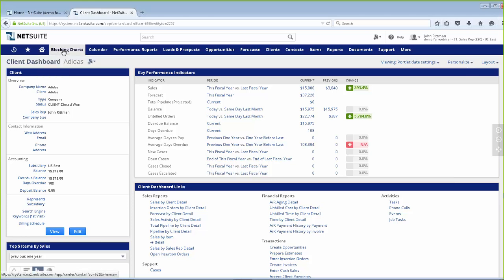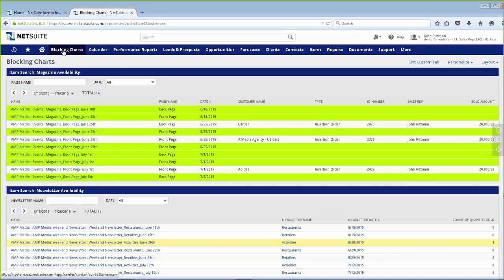One of the things that we also find with the users on the sales side is that we have what's called blocking charts in NetSuite, and this is just an example of a custom tab that I put in with some custom reports. We find that a lot of companies are right now combining what products are available to be sold on a limited inventory basis versus what contracts have already gone out, so that they've got a view of what's still available to be sold and they don't have any issues with double bookings and that type of thing.